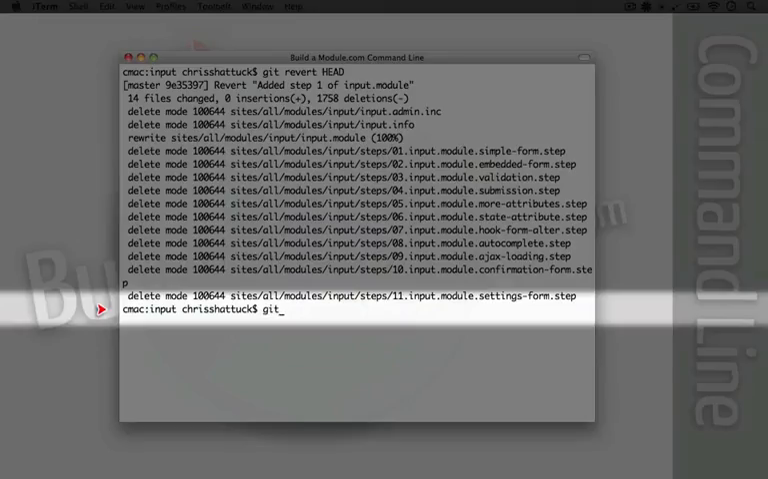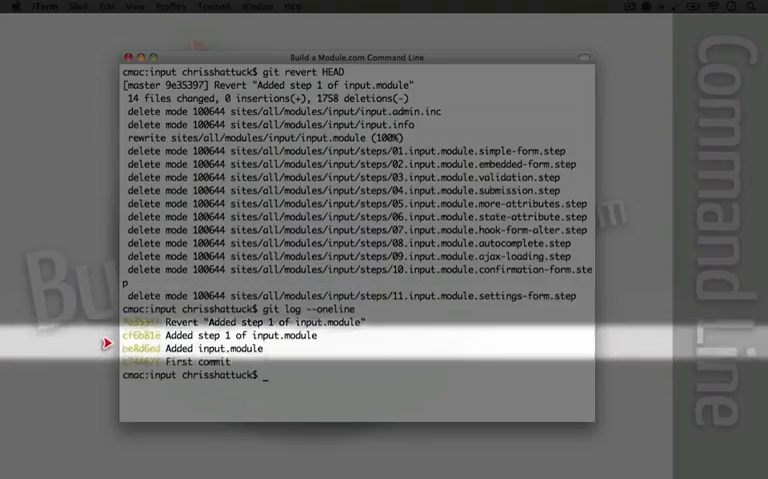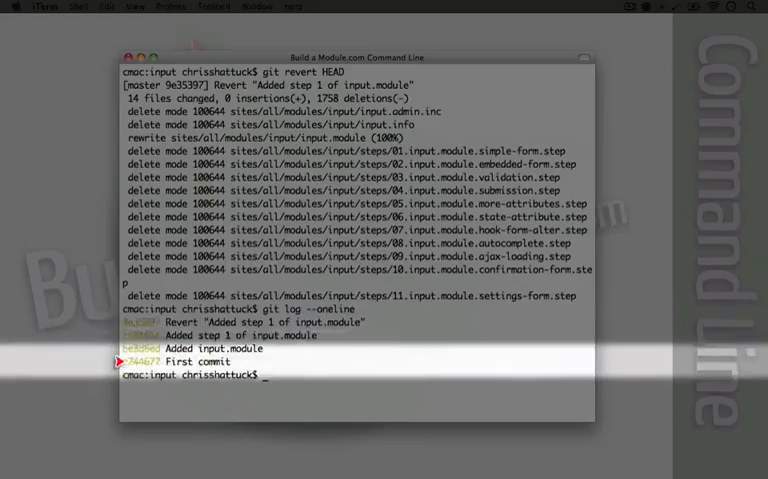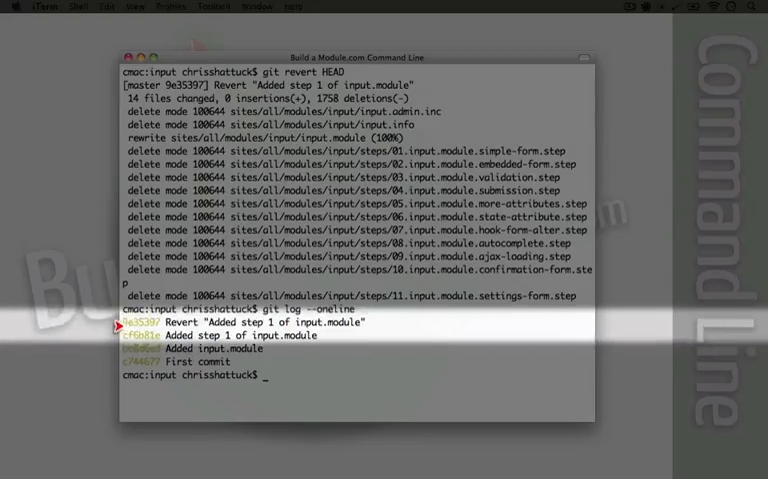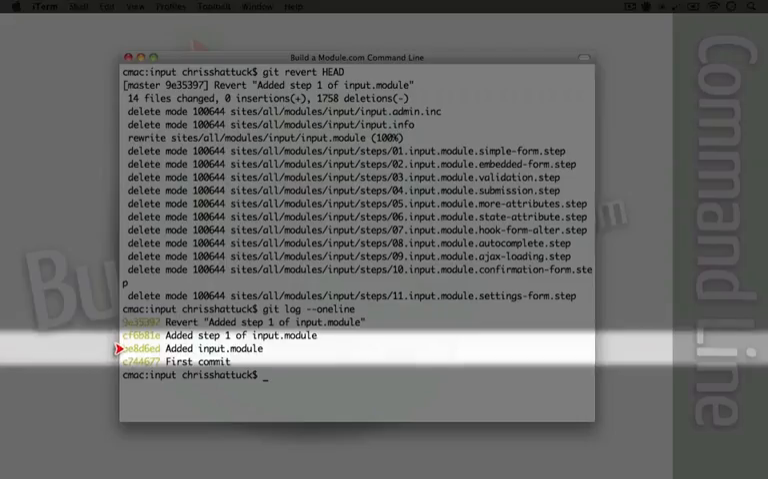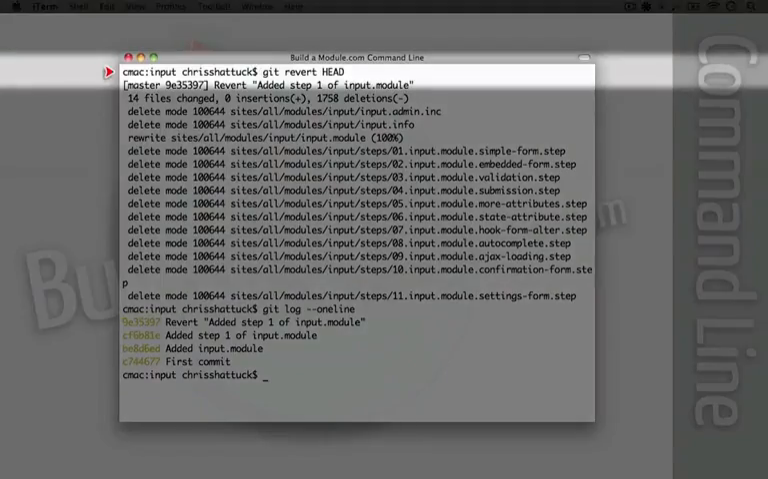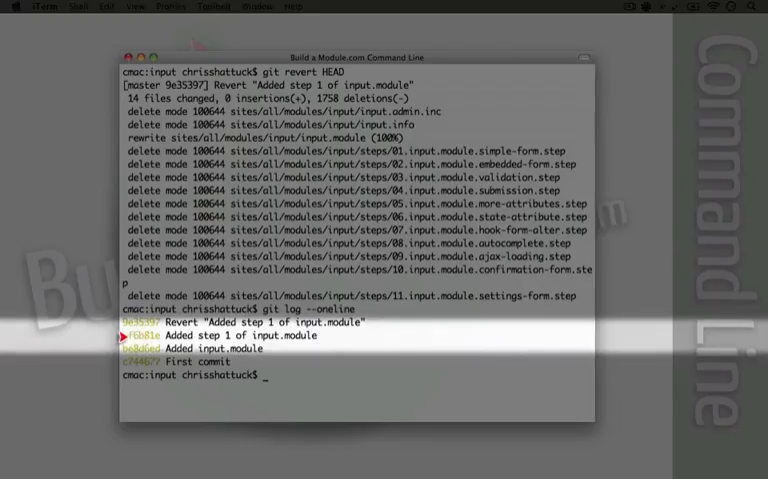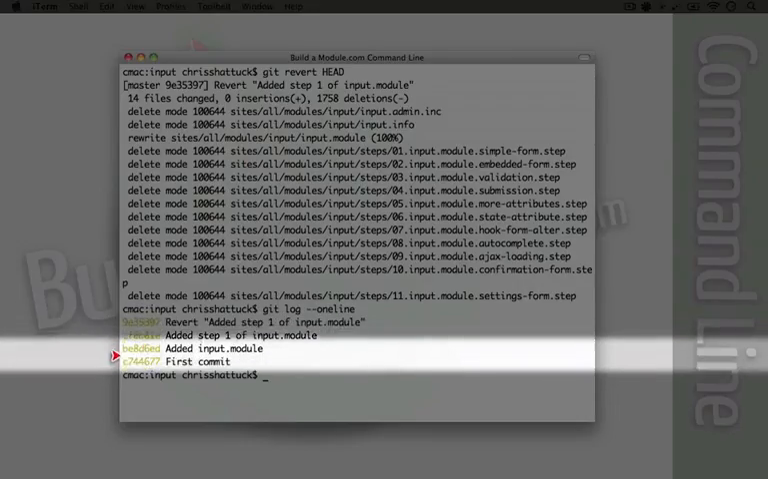And now if we do git log again, we see that we have a new commit here that says revert added step 1 of input module. So here's our changes, and this is it undone, so this is actually equal to this. Now keep in mind that when we use this command, git revert, we're specifying the specific commit that we're going to be reverting. So when we ran git revert HEAD, what we could have done was say git revert, and then passed it the unique hash for the step that we were going to revert, which is this one. If we wanted to undo this commit, we could do the same thing and simply pass it this